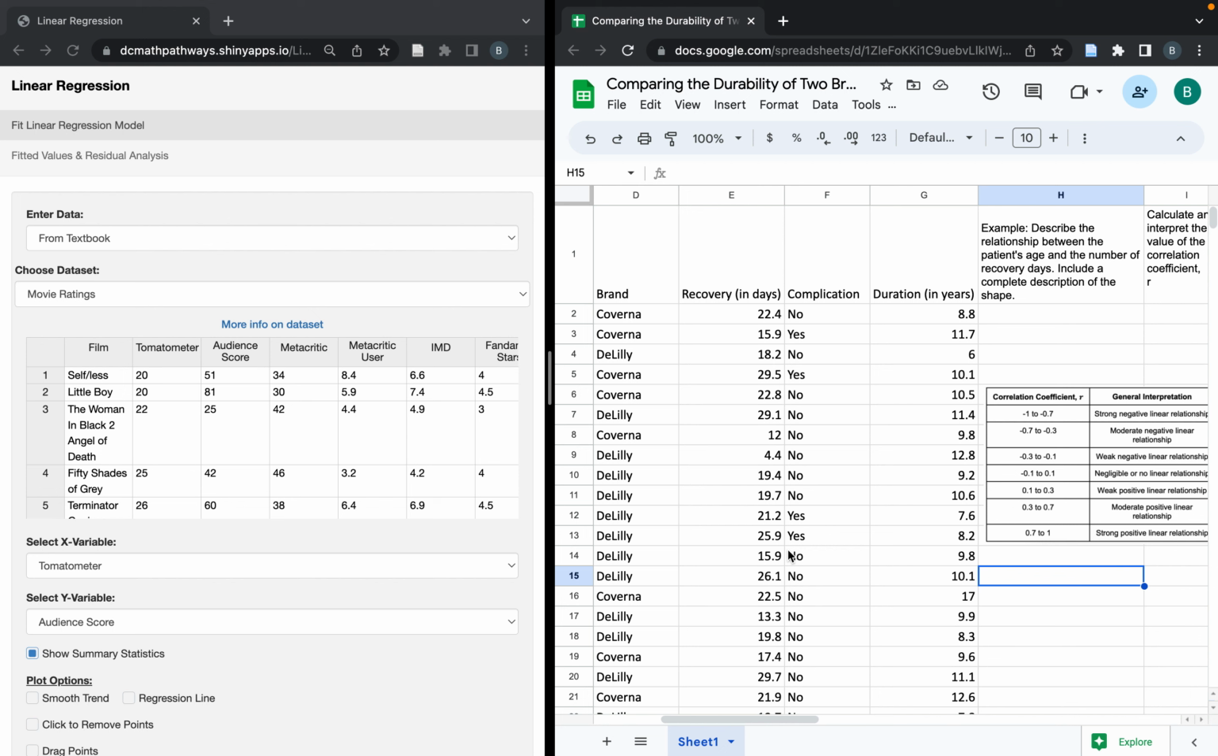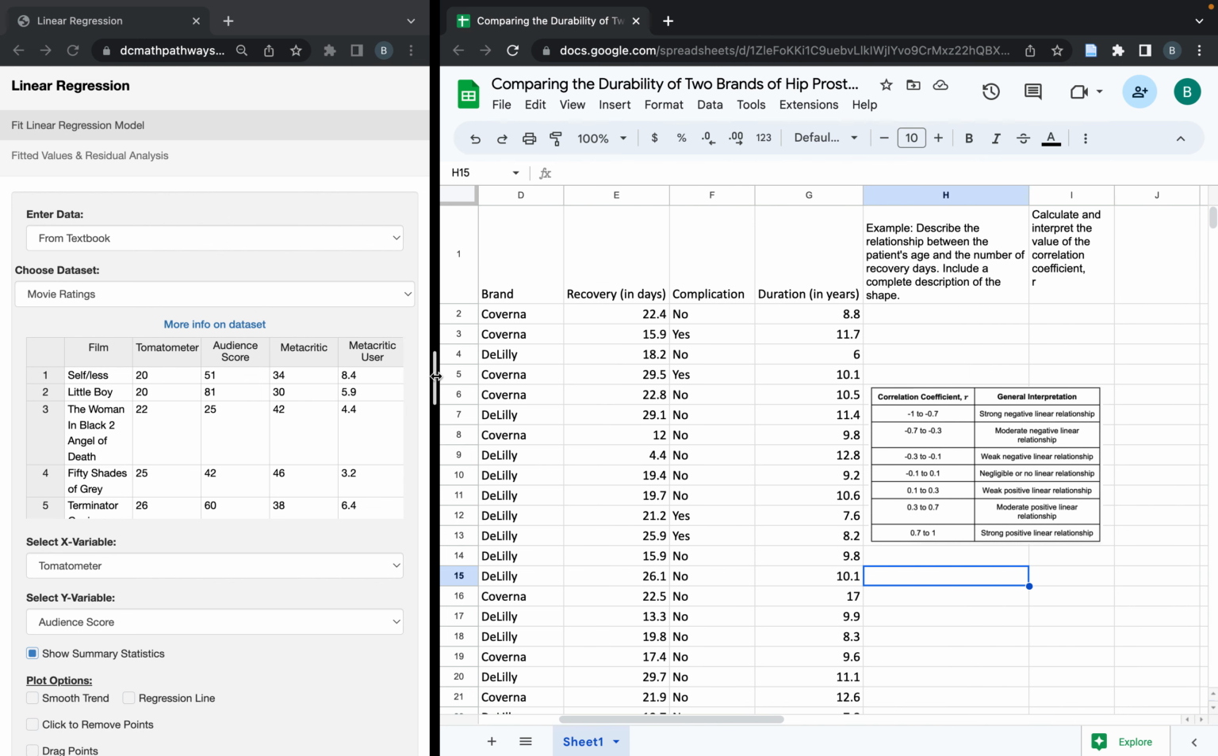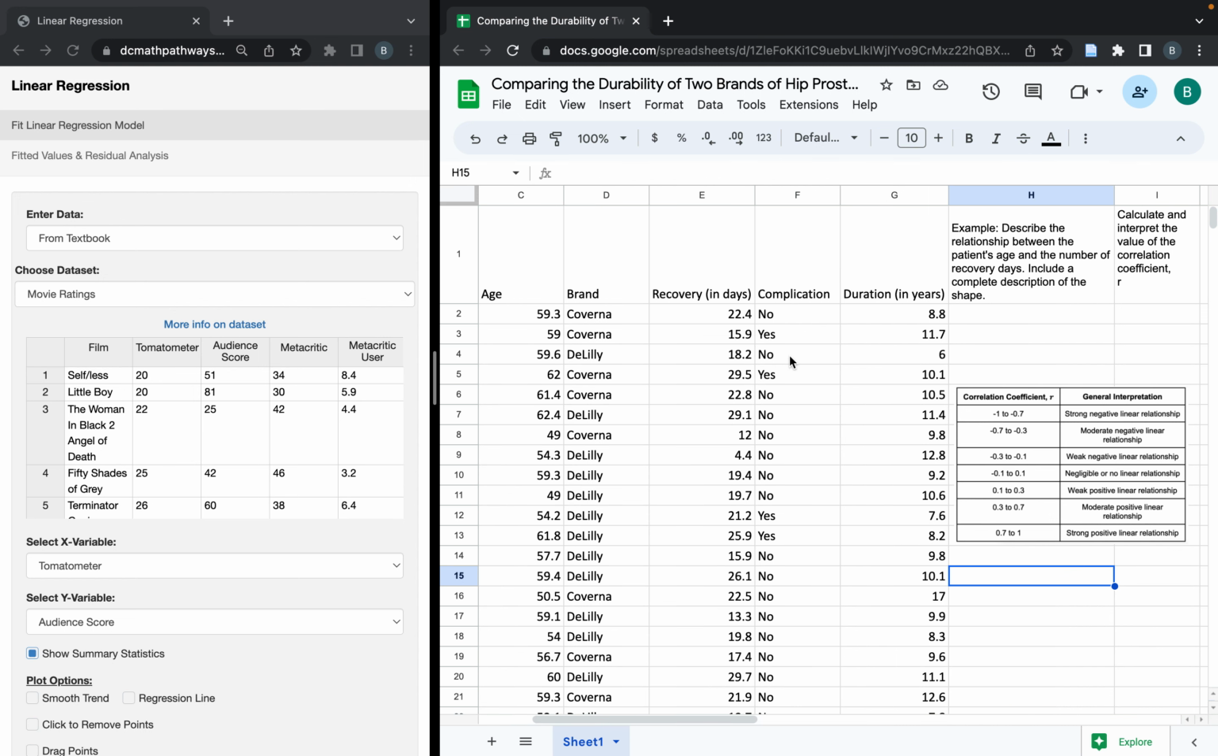To go over how to find the relationship between two numerical variables by calculating the correlation coefficient. So in this data set here, we're comparing the durability of two brands of prosthetic hips. What we want to do is describe the relationship between the patient's age and the number of recovery days. So here we have their age when they got their surgery and how many days it took them to recover. We also want to include the description of the shape and calculate and interpret the value of the correlation